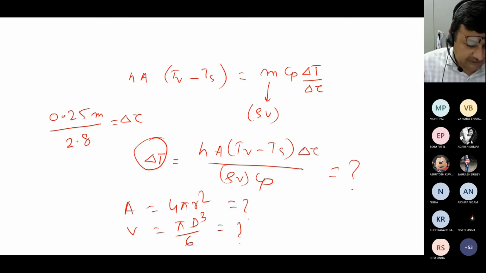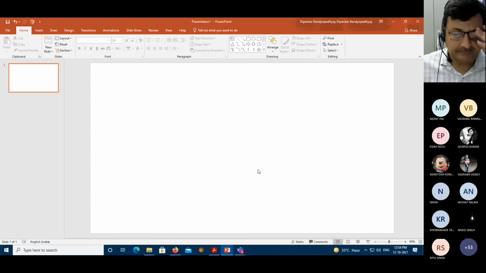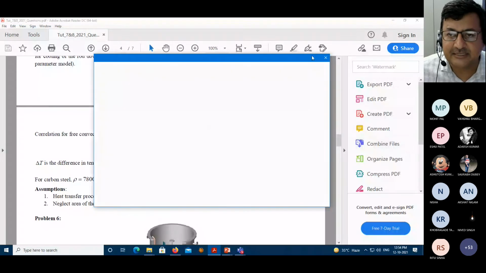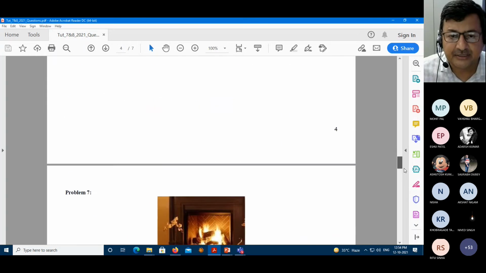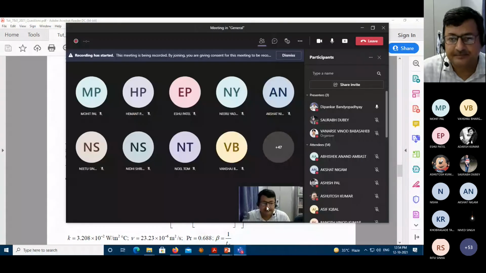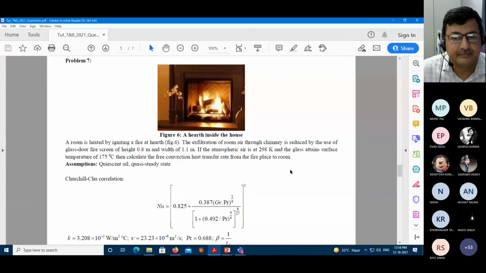Let us do one natural convection problem, problem 7. So let us shift towards problem 7. I think those other two you can really look at in the literature. We have only 6 minutes. Let us finish this. Who is reading this one? Bhumika is there? Yes, sir. Please read this one quickly.